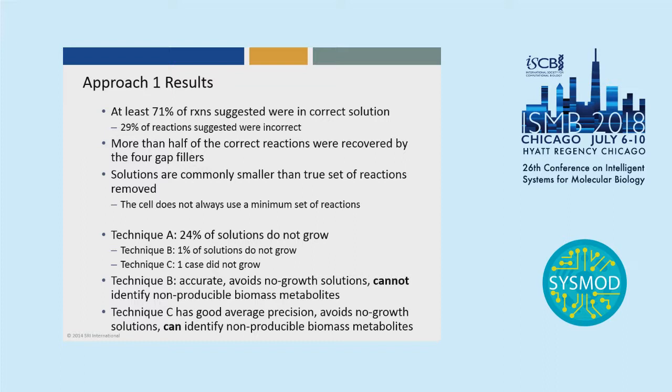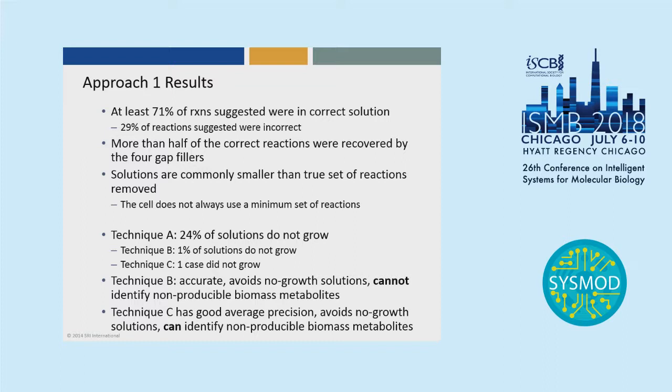Okay, so to summarize the differences between the 3 techniques, for technique A, 24% of the solutions didn't grow. This is another big surprise: we actually checked all the solutions by running all the gap-filled solutions as models to see, did the models actually grow? Well, for technique A, 24% of the time they didn't grow, which means the solutions were wrong. So the technique A formulation produced a lot of bad solutions, which was not the case for technique B or